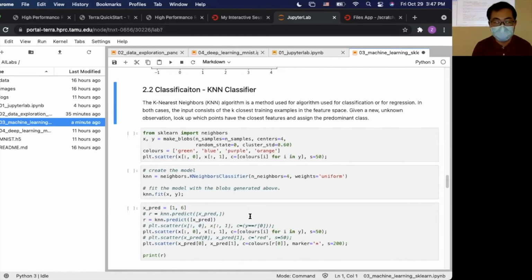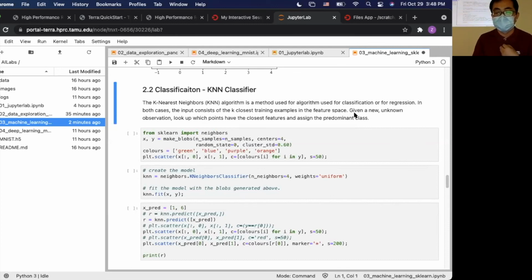And also we have the KN classifier. So the full name for KN is K nearest neighbors. So also it can be used for classification or regression. The input will consist of the K closest training examples in the feature space.